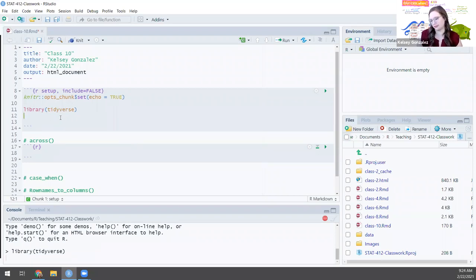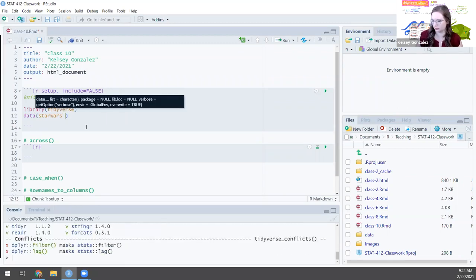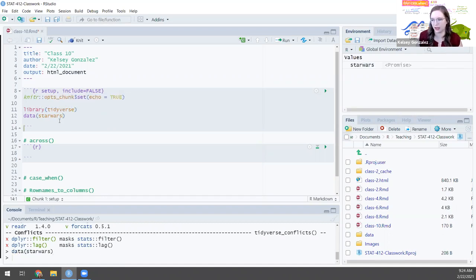Still loading. There we go. I don't know why it's so slow sometimes. So, and then we're going to load the data called Star Wars, and that comes from the dplyr package, which is loaded with the tidyverse. So if we look at Star Wars,